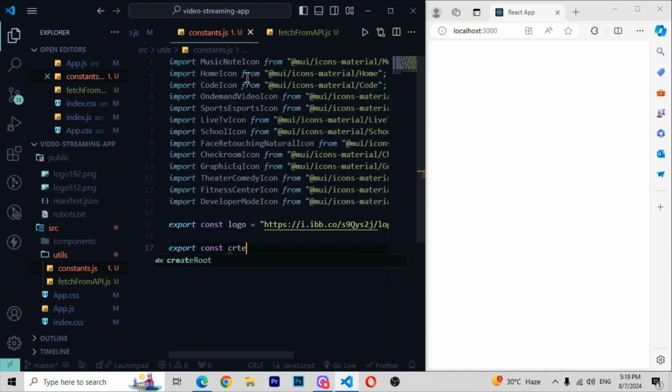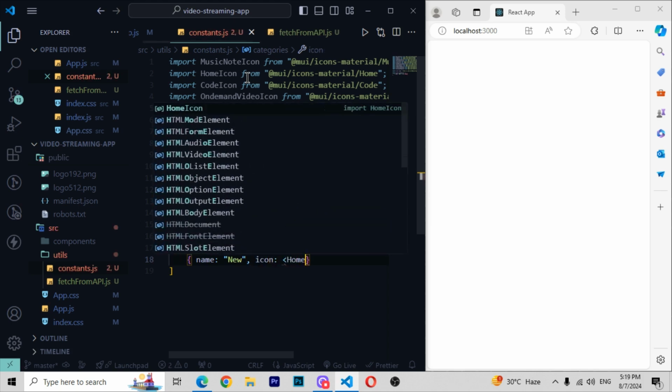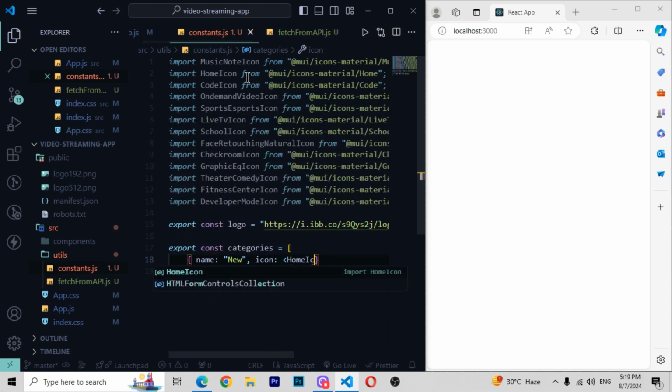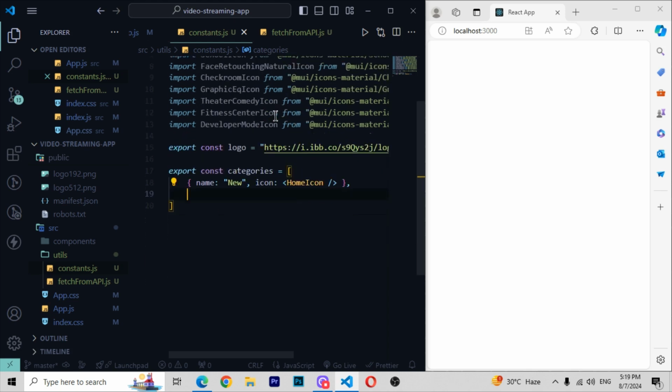and here I will be writing categories, and now here you have to write this thing like I will be writing name and then right here new like that, and here I will be writing icon home icon like that. So here I will be writing home icon, and now here you have to write this slash to close it, and you can just see we have done that, right here comma,